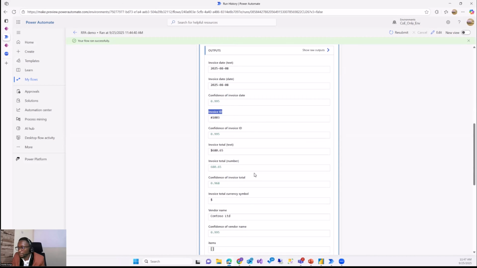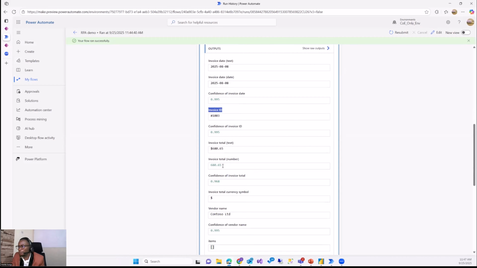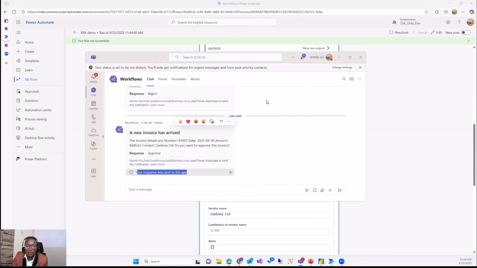It has identified the amount, yeah, and even the vendor name, the currency, and all the details. So basically, our smart one has been able to open up the invoice and extract the key information pieces, and those are the same ones that were sent to us.